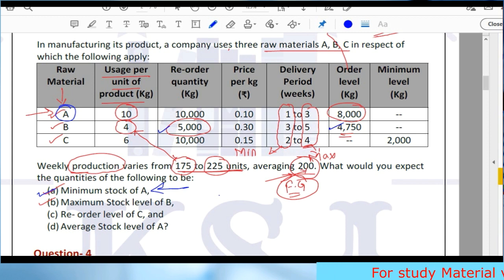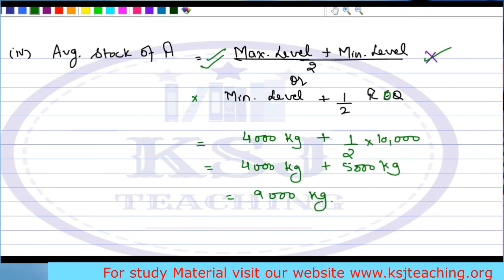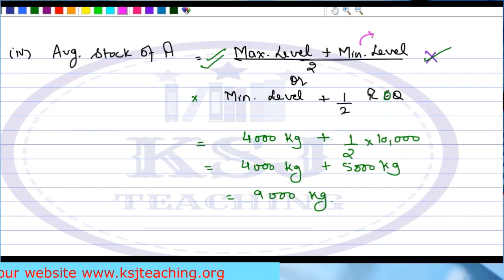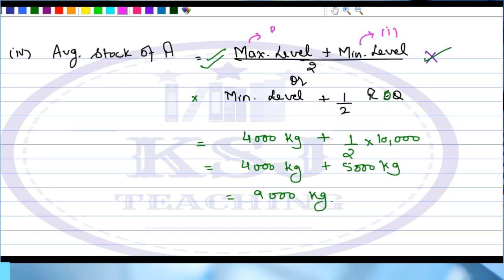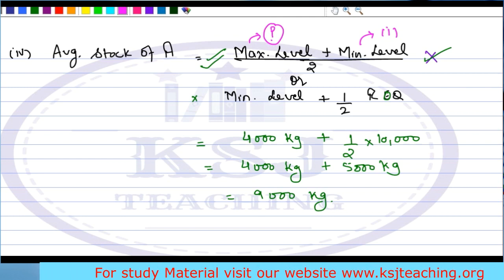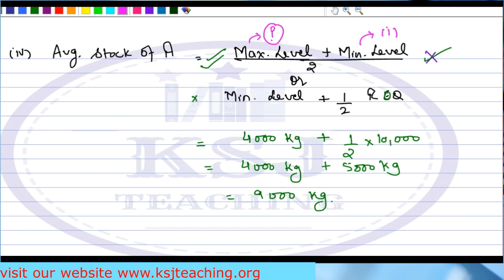This is your homework. This you have to do on your own. Now, this formula you have to do on your own. I'm giving you a big hint. Sir, for this, this is calculated in part 1, right? So that means if you have to apply this formula, that is maximum level plus minimum level by 2, for that you will have to first calculate the maximum level of A. Okay, first calculate